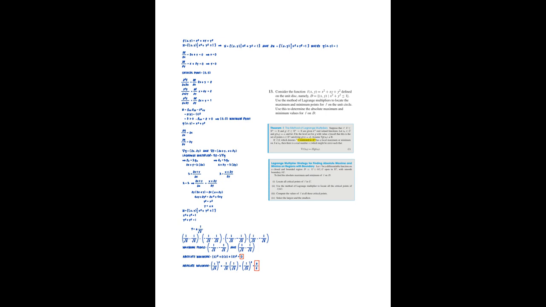Okay, I did number 13 of section 4 of chapter 3, and sorry, the question's just on the side because I couldn't fit it, but it's basically the same thing as what a lot of people are presenting. You're given a function that is defined on a unit disk, and you're also given that equation, and then you're asked to use the Lagrange multipliers to find the maximum and minimum points, and then from there find the absolute